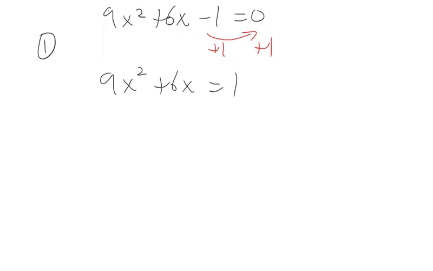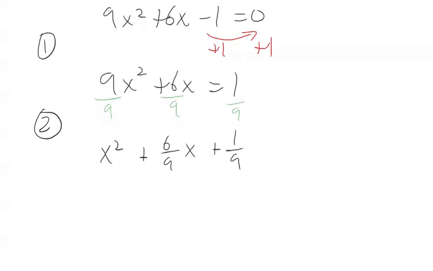Now, if it is already set up this way, then obviously you can skip step 1. All right, so there's step 1. Step 2 was divide by a, which in this case is the 9. So I'm going to divide this by 9, this by 9, and this by 9. Now I get x squared plus, I'm not going to simplify yet, so you can see where these are all coming from. But we should simplify the x term, 6 over 9. Oops, not plus, equals